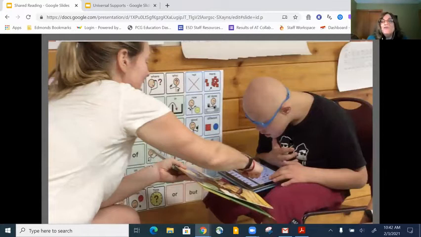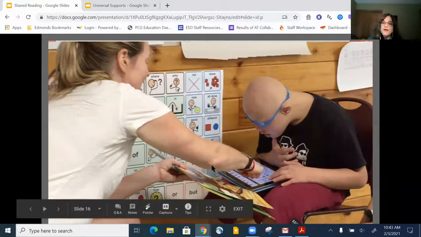And in the end, remember the goal of shared reading is to maximize communication and interaction. We're not asking questions, we're not checking comprehension. We're not doing any of those things. We're just doing that interaction with reading. Think about bedtime stories with your own children, if you have children, and how you would point to the picture and say, wow, I like that, or, oh, that dog is the same color as our dog. You're making those connections. It's the same with all of our students.